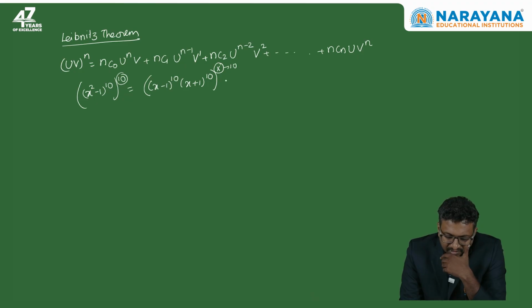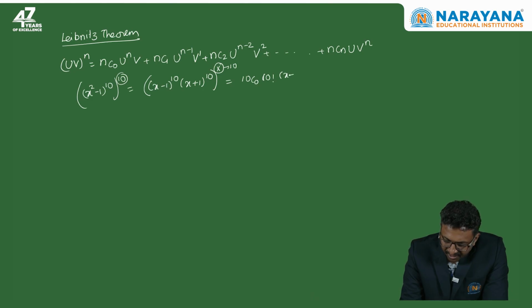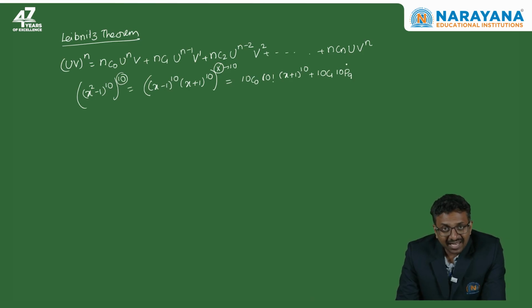Okay. So this can be written as 10C0 into the 10th derivative of (x minus 1) power 10, which will be 10 factorial, right? The first derivative will be 10 times (x minus 1) power 9, then 10 into 9 into (x minus 1) power 8, and so on. If you do 10 derivatives, it will become 10 factorial into (x plus 1) whole power 10, plus 10C1 into the ninth derivative, which will be 10P9. You'll have 9 numbers starting from 10 into 1, (x minus 1) will be remaining, into the first derivative of (x plus 1) whole power 10, which is 10 times (x plus 1) whole power 9,